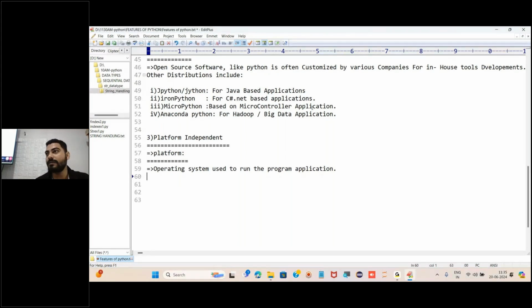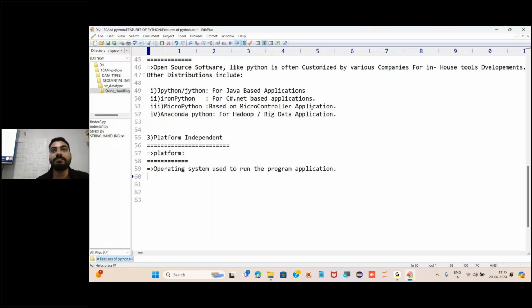Which one is better, platform dependent or independent? Independent. For example, I am writing one program or creating one software. I want, or the other person wants, software that can run in any operating system, any system. No one wants software that cannot run in a different operating system. If I am creating any software, it should run in all the operating systems out there.